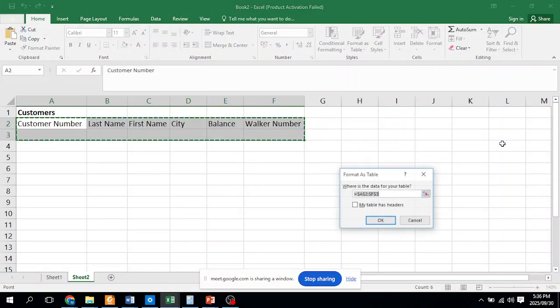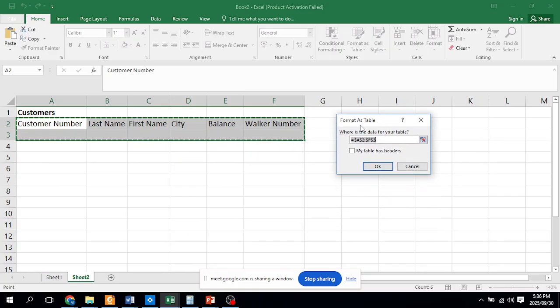Okay, so I'm selecting it. And the minute I select it, it's going to ask, do you want to format it as a table, more specifically a data table? It would then ask you, where is the data for your table? Okay, and here you can see it says A2 to F3. So it is selecting A2 to F3, in other words, the first cell and the last cell. But now don't just click OK. I see that is a disease students have these days. They just click OK. They don't read.